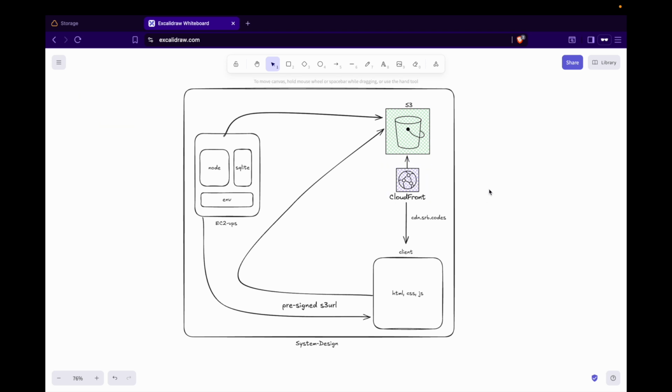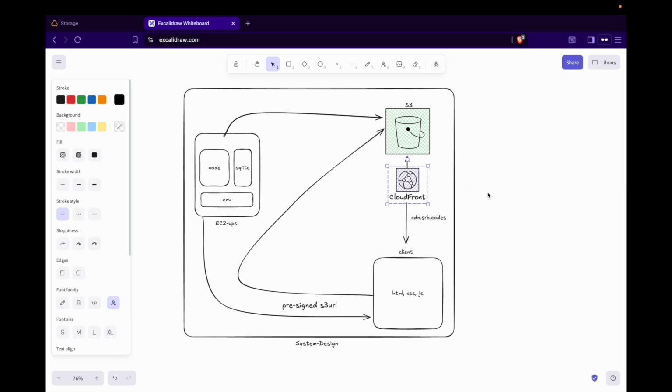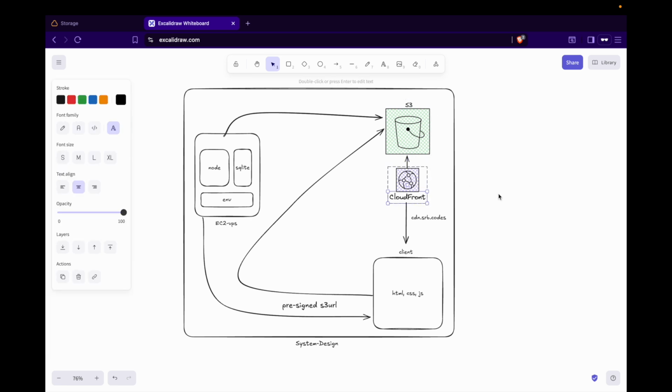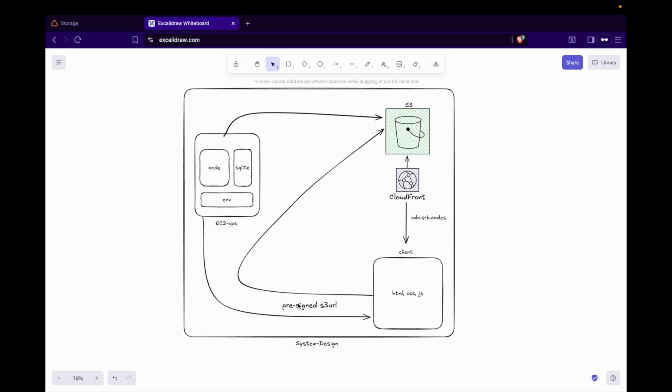To access your content from S3, I've used a CDN provider, Cloudflare, and to upload to the S3 bucket I've used a pre-signed URL for security purposes, and to make this scalable I've containerized the